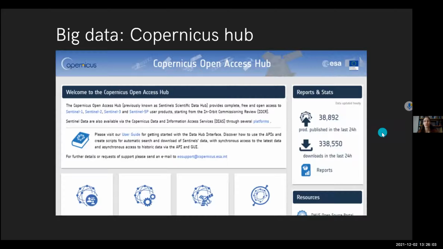And of course, from as an European initiative is Copernicus Hub, where you can access mainly to Sentinel data, that at least for the field that you are involved, the radar layers of Sentinel, I think that might be very interesting for you.